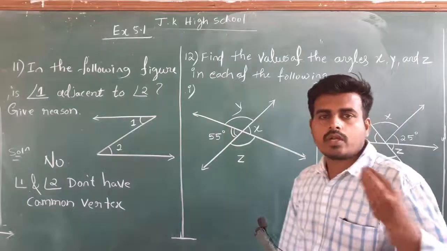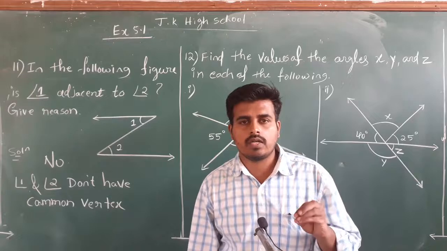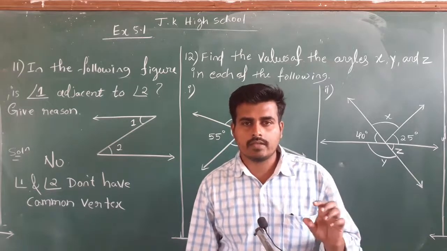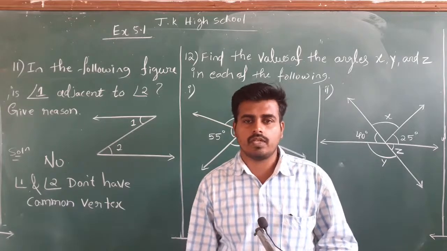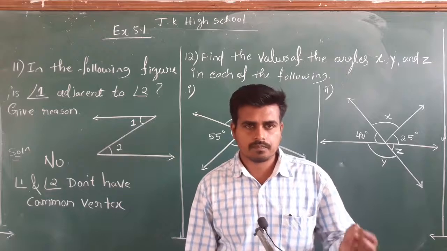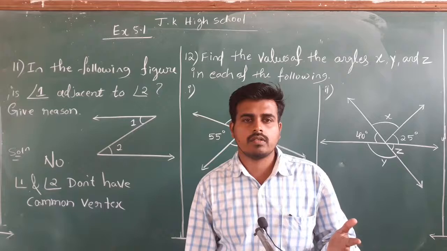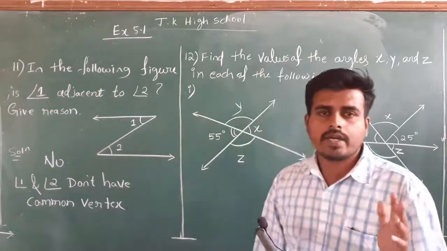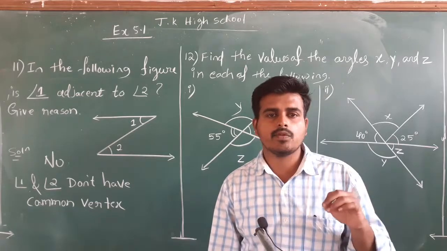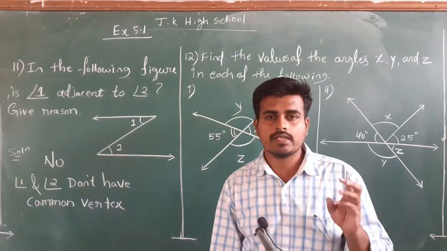What you need to do, you should not use the protractor. Don't take a protractor and don't try to measure the angles given in the textbook. That is a wrong way. Here you need to use the principles you have studied. In principles, the angles made on a straight line are always equal to 180 degree. Second, vertically opposite angles are equal. Remember, vertically opposite angles are always equal.